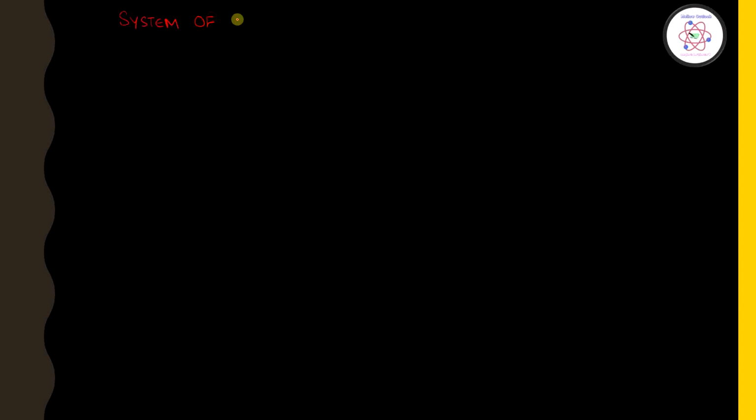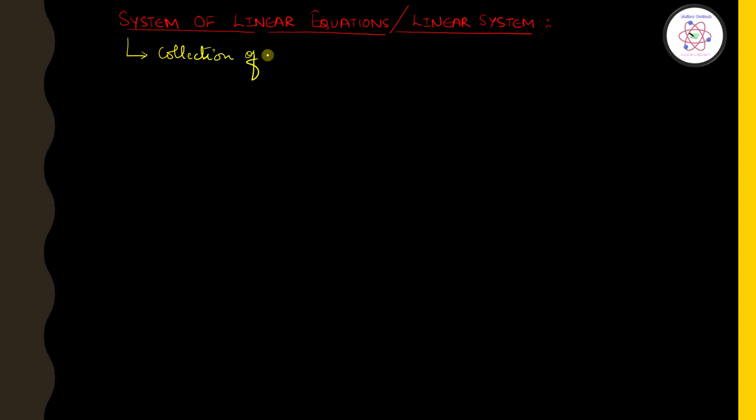Next, system of linear equations. A system of linear equations can also be simply called a linear system. A linear system is basically a collection of one or more linear equations. When I say a collection of one or more linear equations, they should involve the same variables x1, x2 up to xn. When I say same variables, what I mean is that you cannot have one equation consisting of variable x